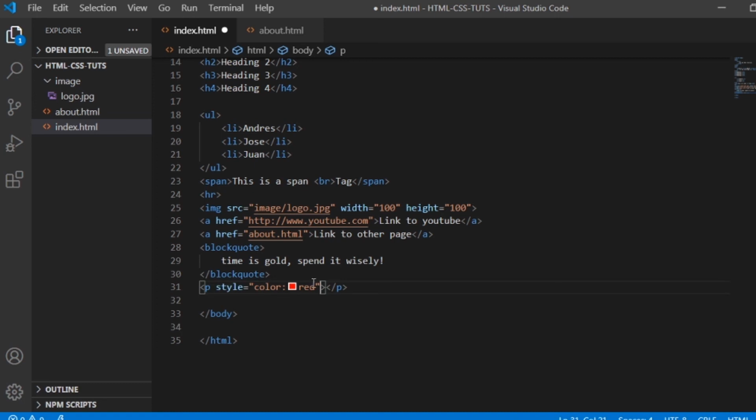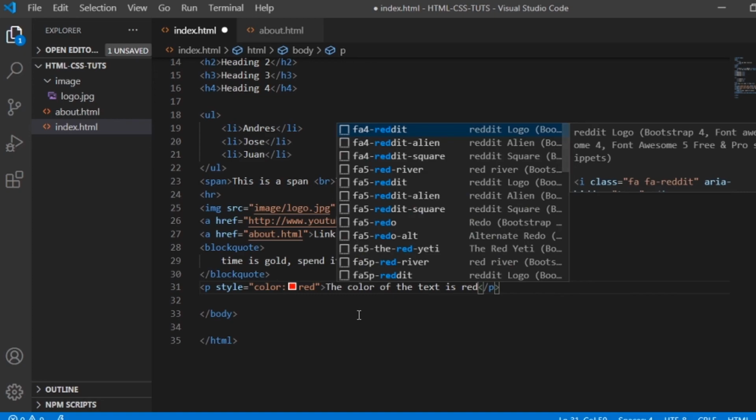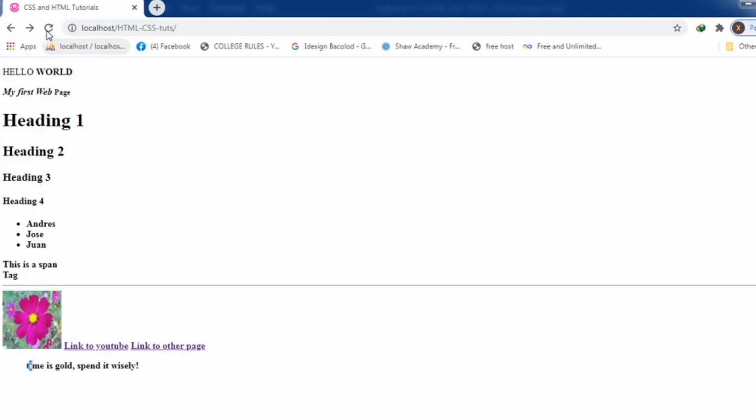This is just a simple CSS format. Don't worry, we will have a full segment on the CSS tutorial next. So the color of the text is red. Save this one, preview this on the browser, and there you go.